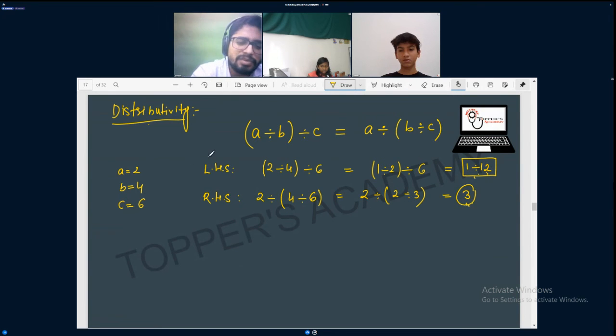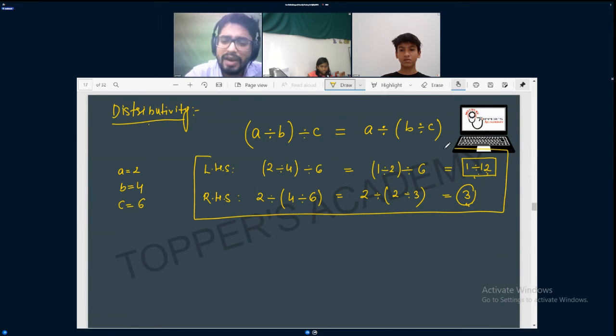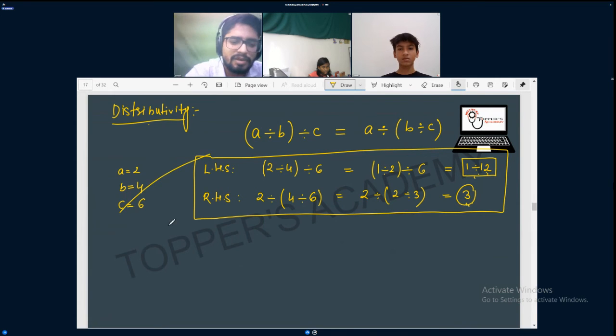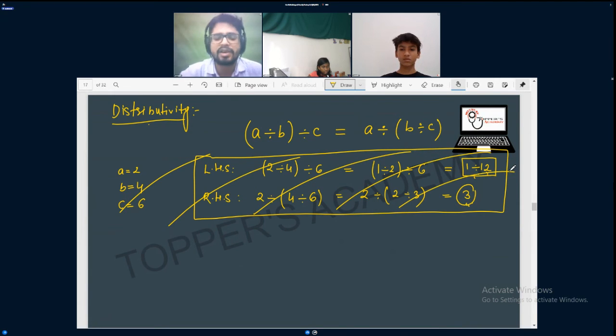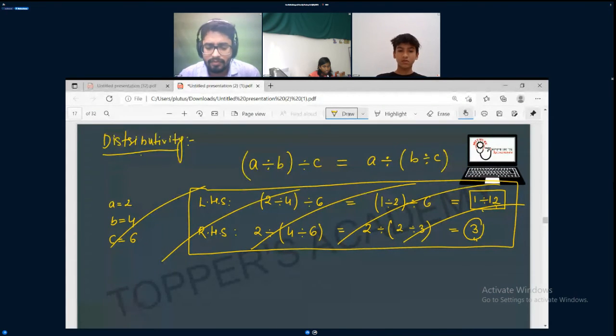But in this example, some of you don't know how to add, multiply, or divide your fractions. So let's take another example. Anyone want to give me an example that division is not a distributive operation? Namit.